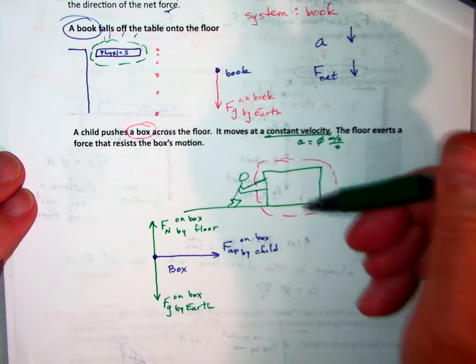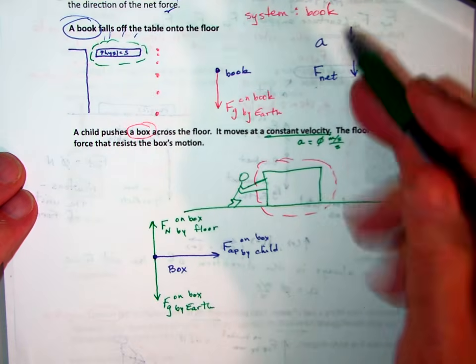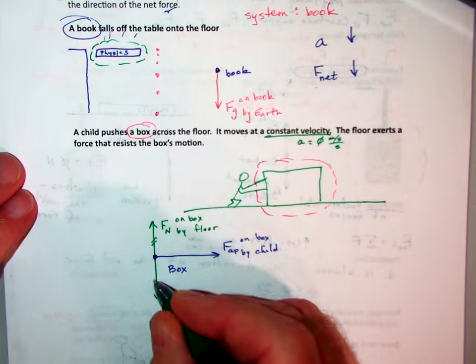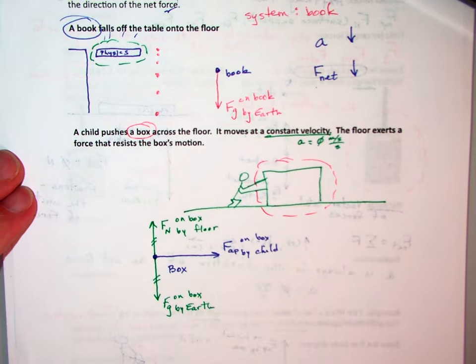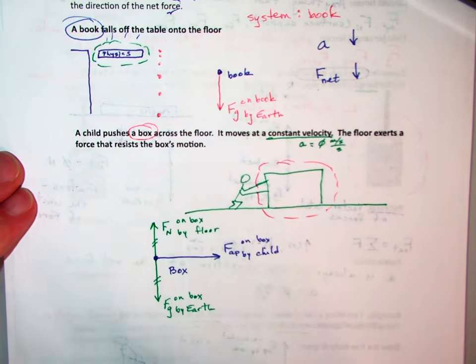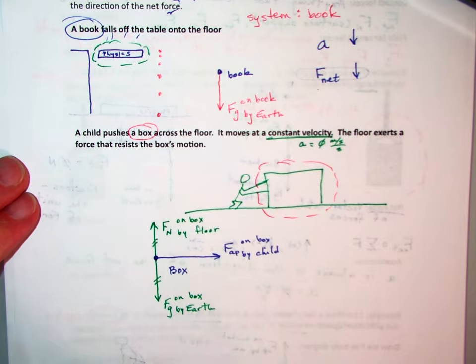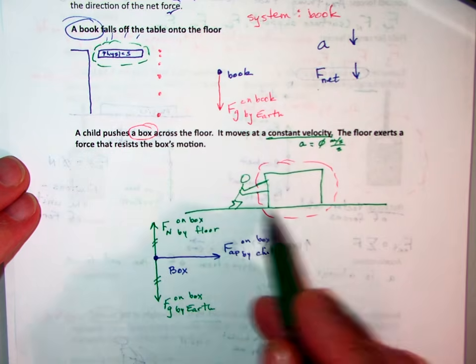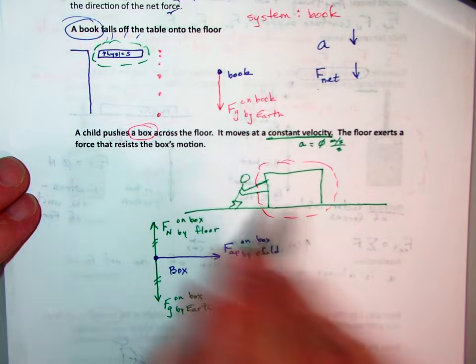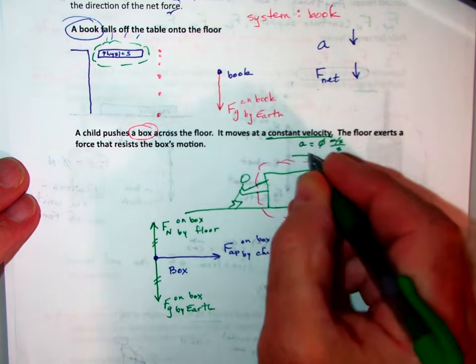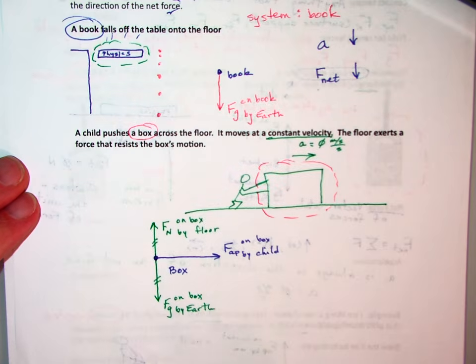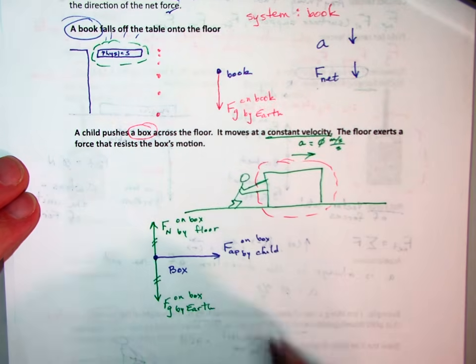Now, this box is not accelerating into the floor and it's not launching off the floor. So we know that the net force up and down is equal to 0. So the gravitational force must be equal to the normal force upward. But it says the box is moving at a constant velocity, and the floor exerts a force that resists the box's motion. If the box's motion is in that direction, that's the direction the child is pushing the box, the floor must be exerting a force